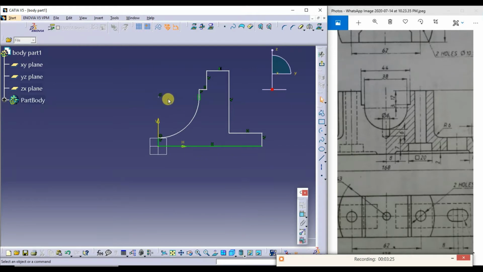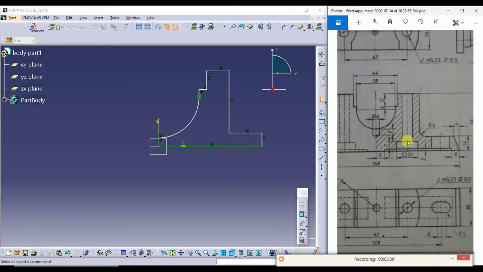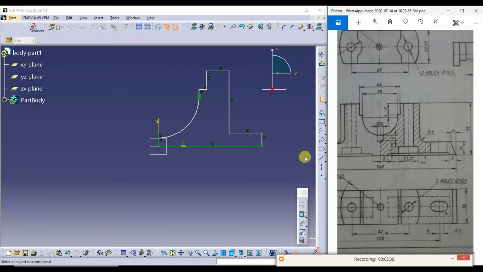Trim this also. Now try to give the dimension for the various parts of this. I'll double click on this.